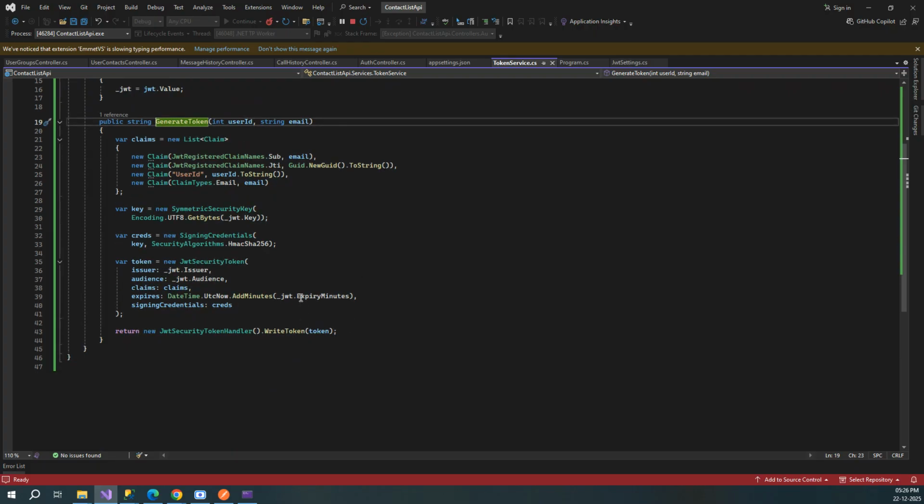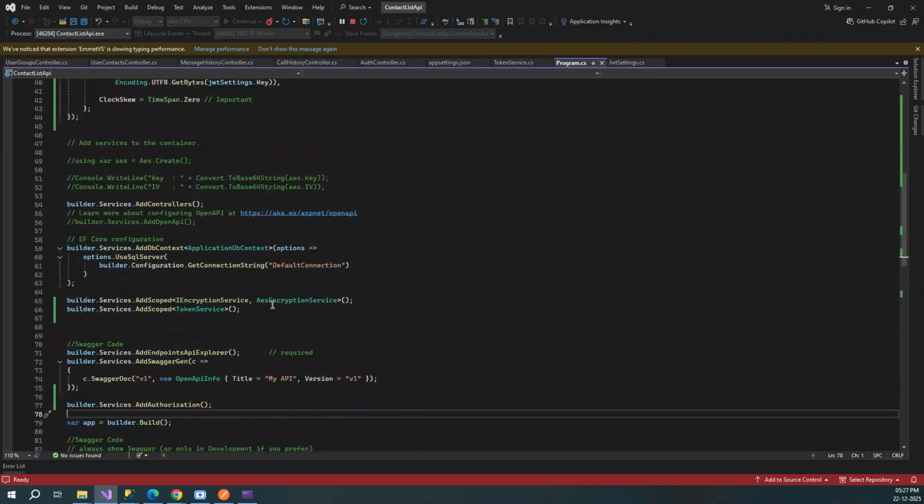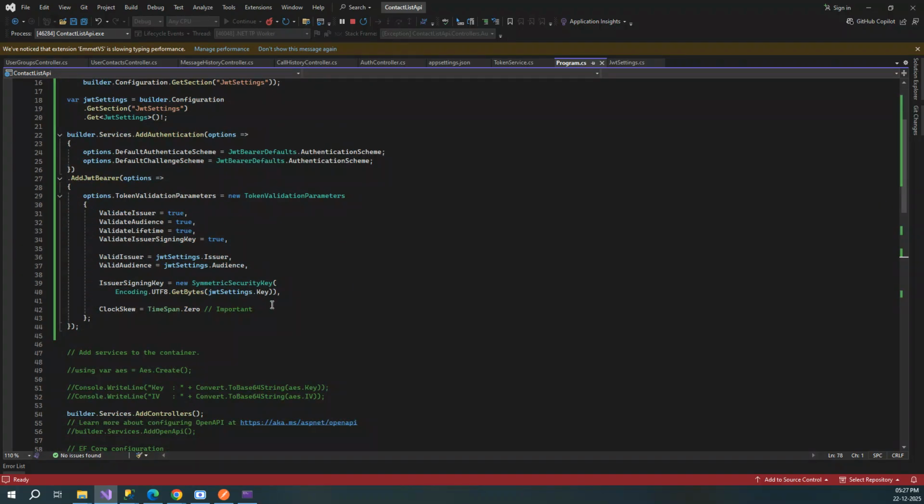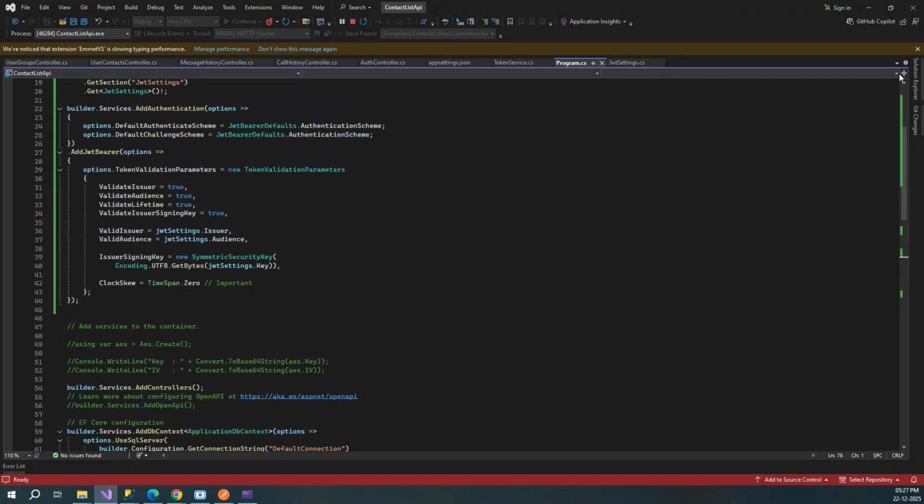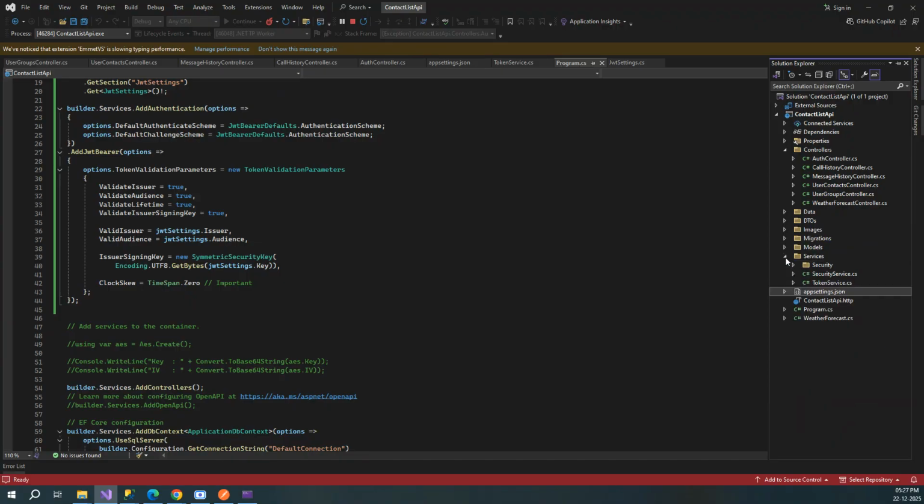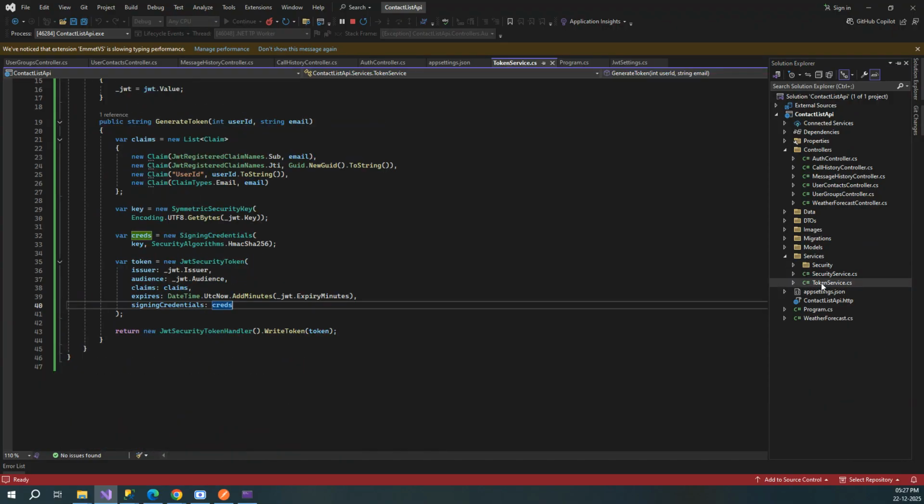No, we haven't hard coded. So this is good. Then where we have hard coded? Yeah, in the program.cs, I guess. No, this is also good. I think I remember we hard coded it somewhere. So go to service, token service. We don't have a problem over here, right? Over here also we don't have problem. Then